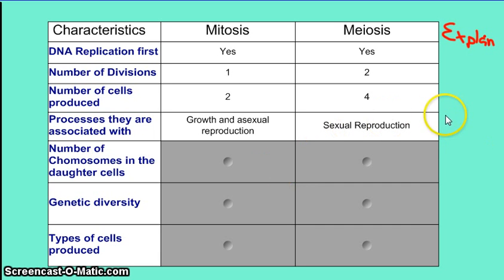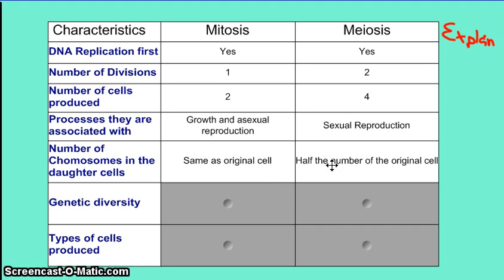That would be something you would want to have in your explanation section. Okay? Number of chromosomes in the daughter cell. The number of chromosomes is the same as the original in mitosis because we're making cells that are identical to the original. And in meiosis, it's half the number of the original cell. Again, this is important so that the chromosome number can be returned to the original number